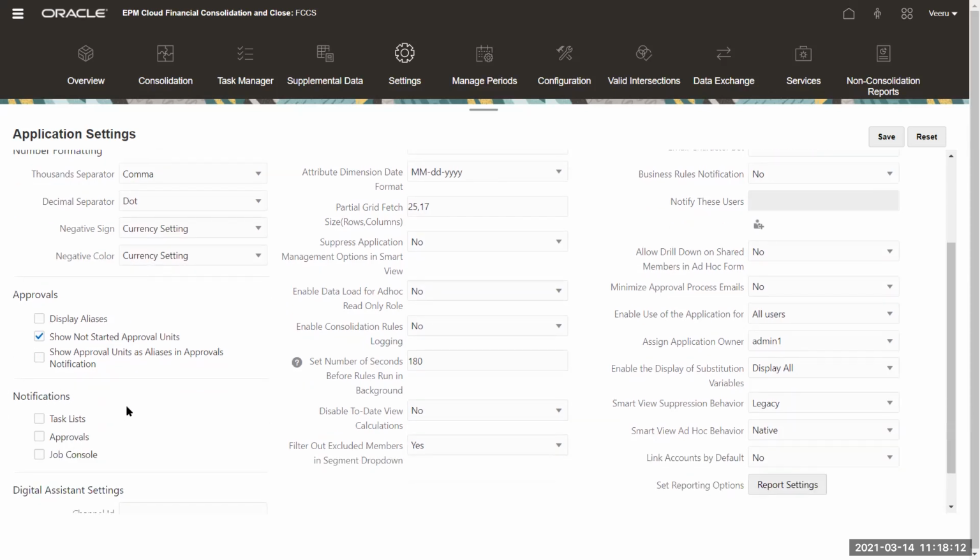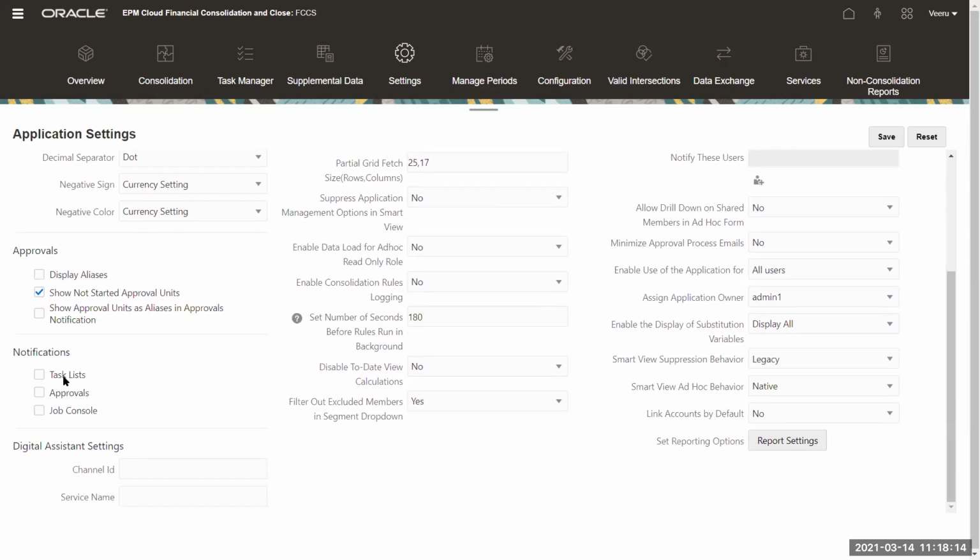And notifications is something where you get an email notification. You can say whenever the task gets updated, or whenever something gets approved, or when things get finished in the jobs, the rules. You can mention what kind of notifications you would like to receive. Okay. So this is at an application level. In addition to this, an individual user can go and set these settings. That is done at a different level, but we'll talk about it a little later. But these settings are at an application level. You can tell the system to send notifications based on these options that you choose here.